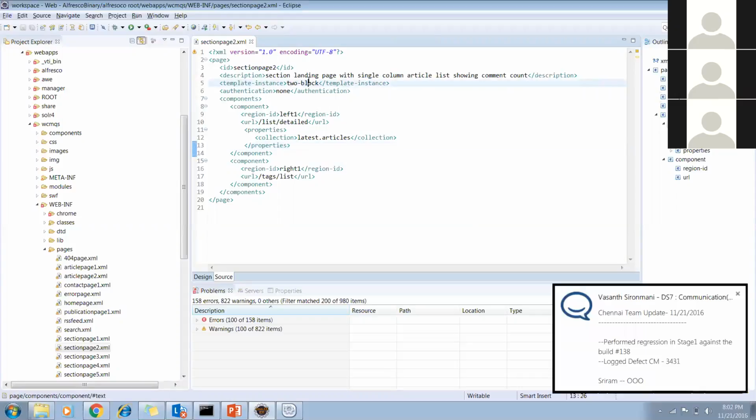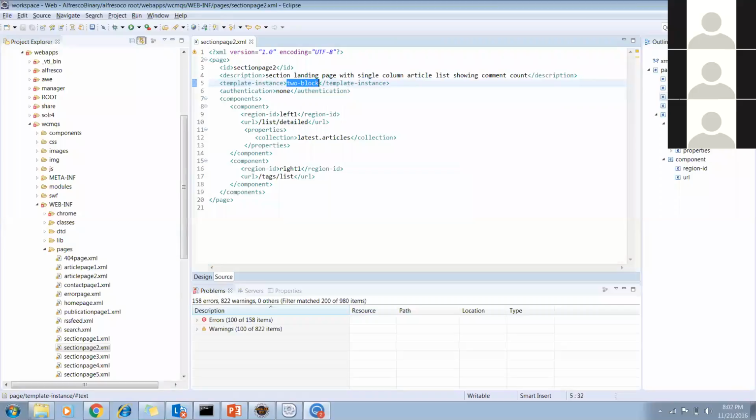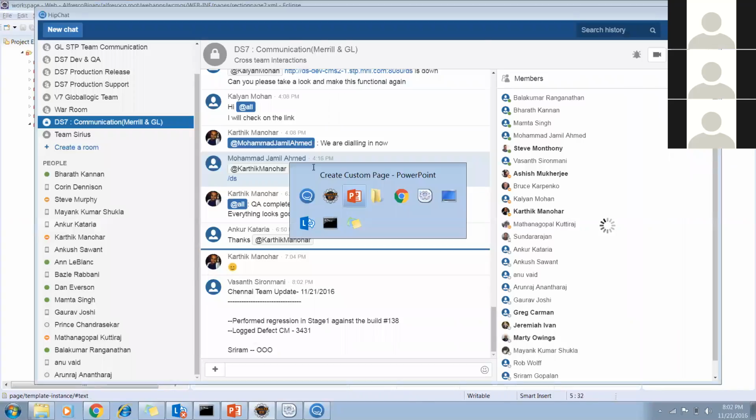No, you can write any name, just like writing variables in your page. You can't write a capital letter here. Like you write any variables, you give any ID, and the same thing applies here. So two-block. Let's move on to this.